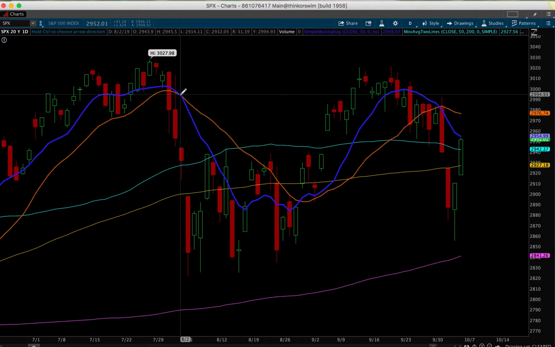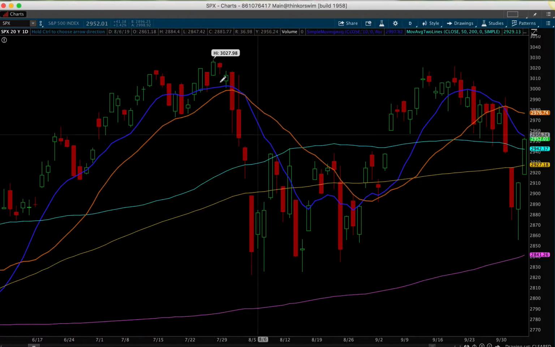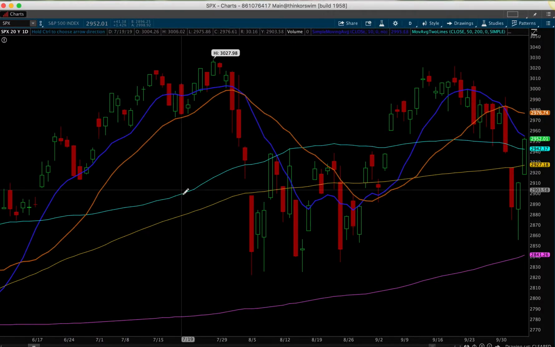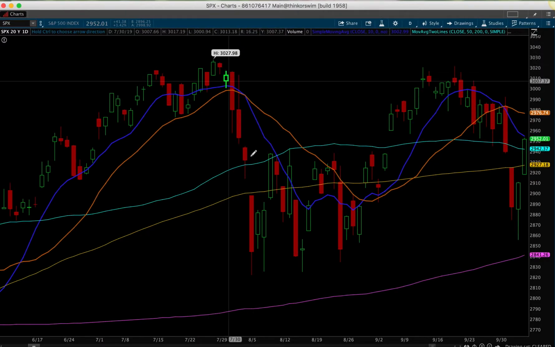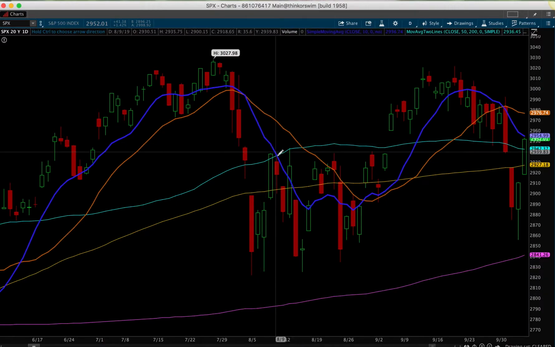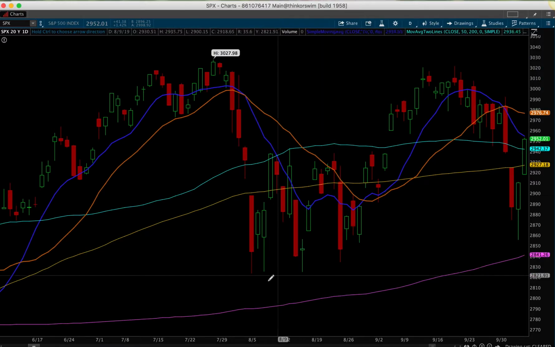Our 10-day crossed down through the 20-day right at the beginning of the selling, and boom, we got most of our selling in right in that first part because the 50-day and the 100-day simple moving averages were pulled so far apart because we came up so fast in July. There was so much space between these simple moving averages that it took a long time, and a lot of selling already was under our belt before we crossed the 10-day down through the 50-day. So we were able to just come back up here and bounce and try to fend it off,